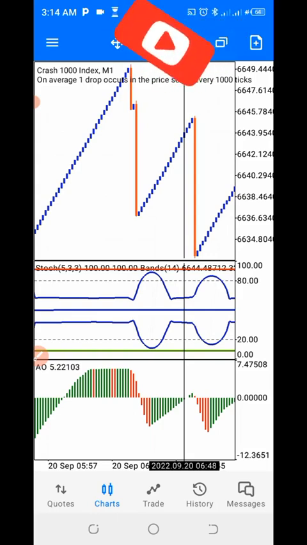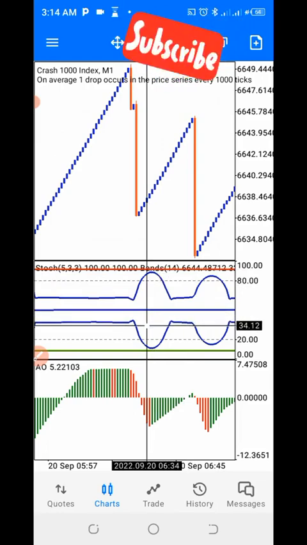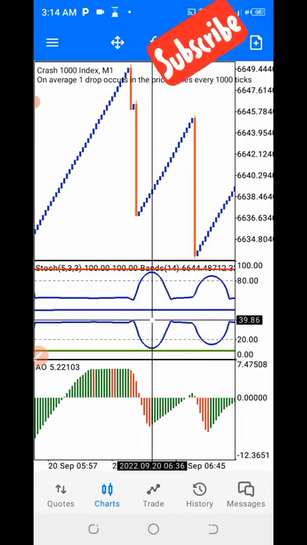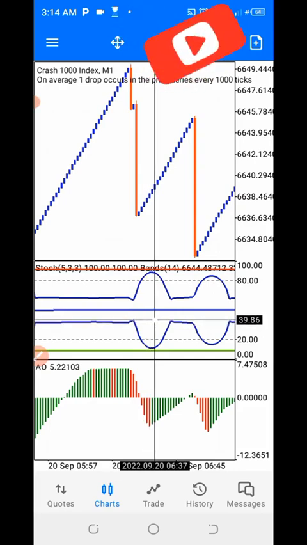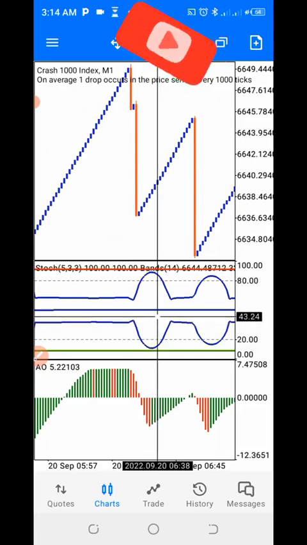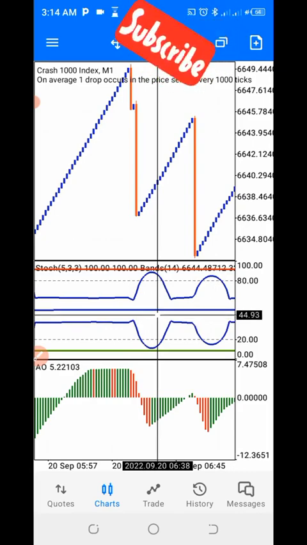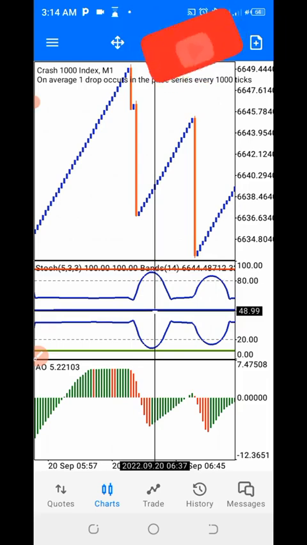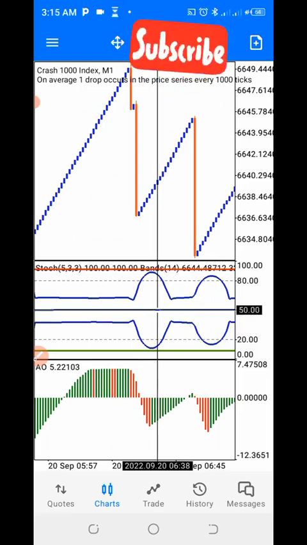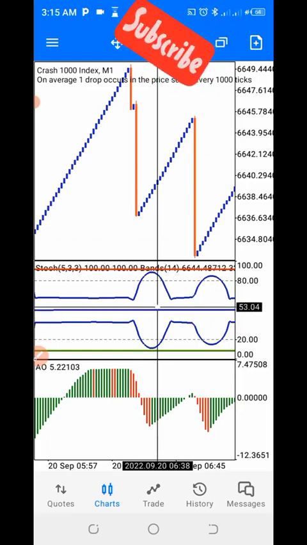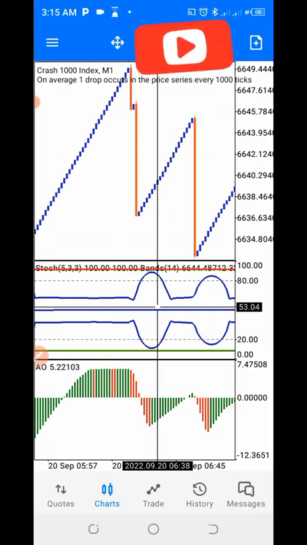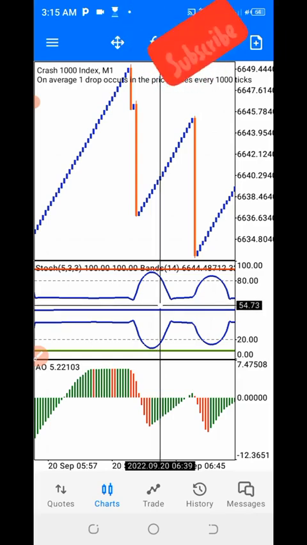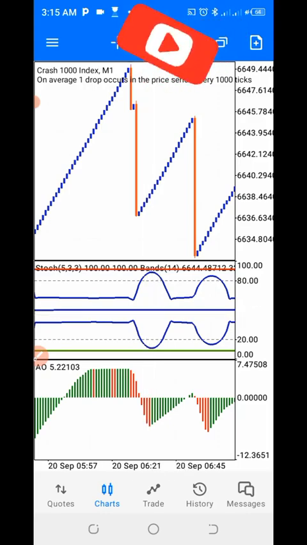So if you actually follow the instruction, once it changes from red to green, you enter for a buy and take your 3 to 10 candles maximally. If you use the right lot size, obviously you will be making your 50 to $100 daily target very easily. And for those of you that have a bigger account, you can make like $500, even up to $7,000, depending on your equity.